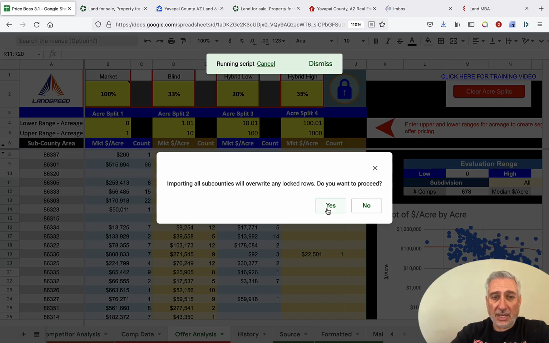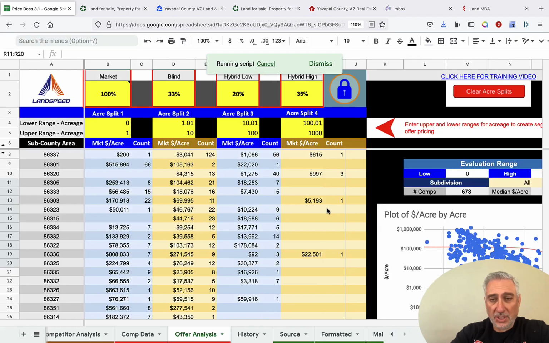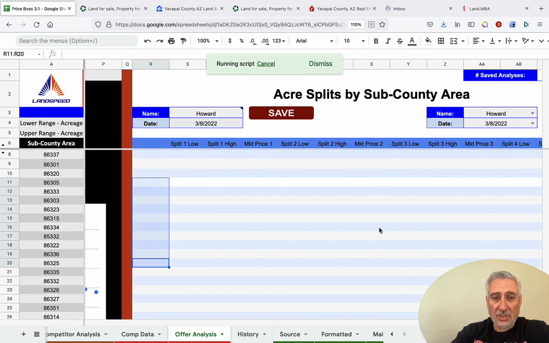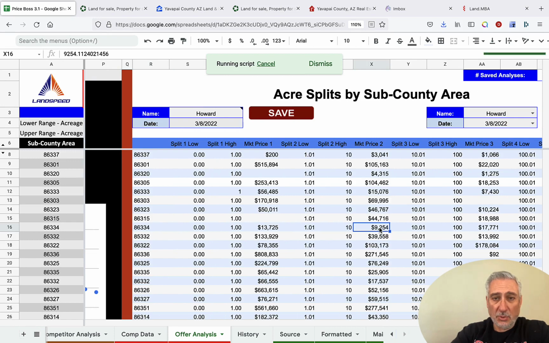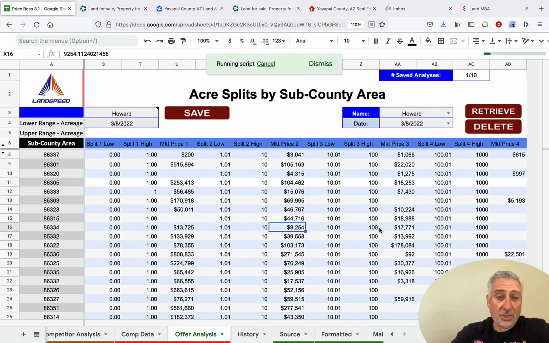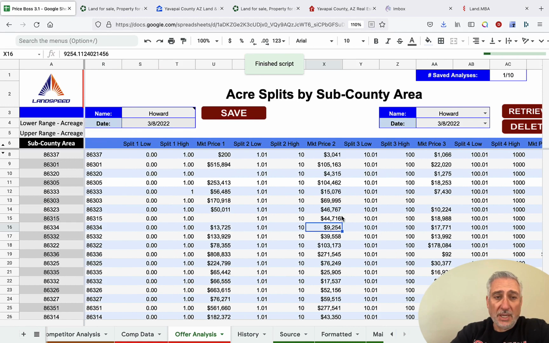the lock, and it says importing all sub-counties will overwrite any locked rows. Do you want to proceed? Yes. And boom, there it is. So now it's all over here. I could price a list based upon this. But I see